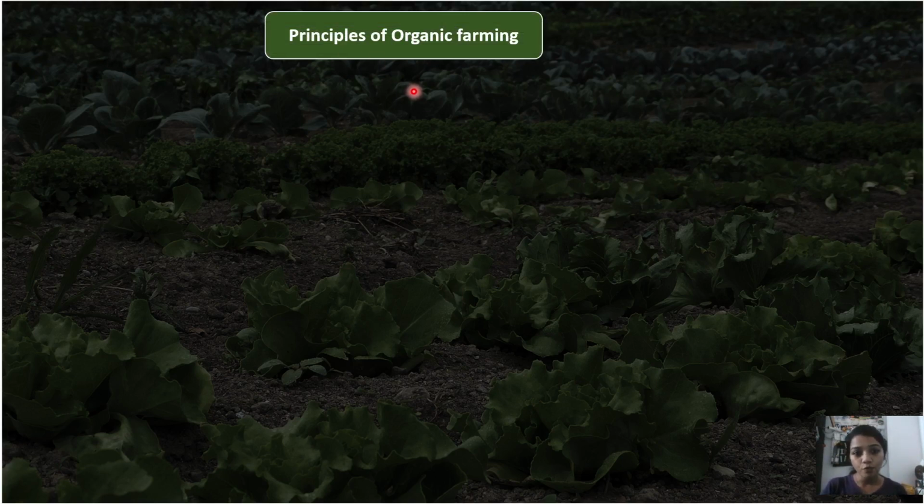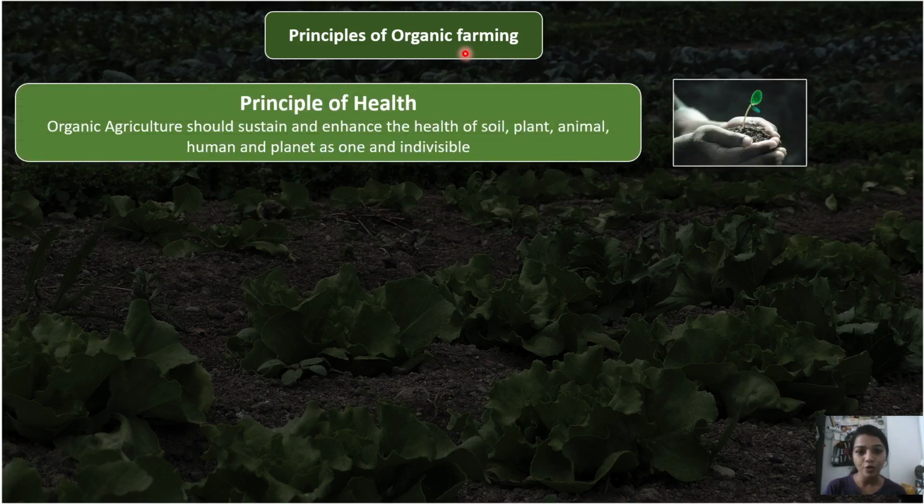Before moving towards the methods that are used for plant protection, let us first understand the various principles of organic farming, right? So basically there are 4 principles that relate to organic farming. The very first principle is the principle of health, right? This principle mentions that organic agriculture should sustain and enhance the health of soil, plant, animal, human and planet